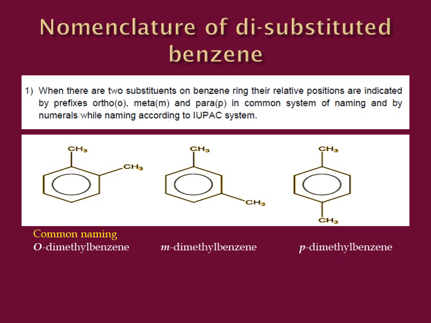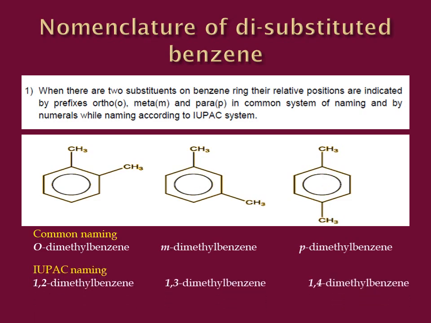The first one is ortho-dimethylbenzene. This is the ortho position. The second one is meta-dimethylbenzene, and the third one is para-dimethylbenzene. Now students, if we are going to apply IUPAC rules, the names are going to be